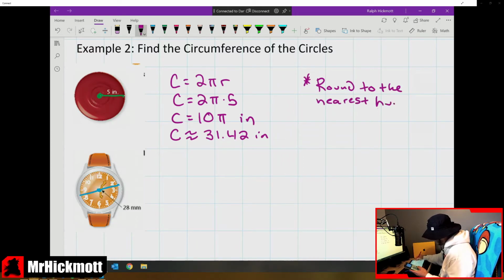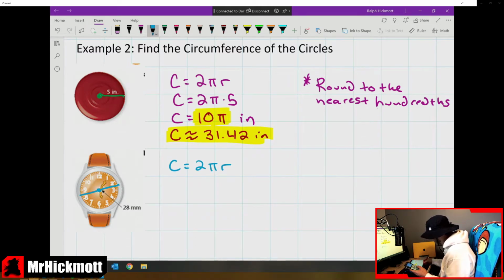Hundredths is pretty good. But if you leave it in pi form, that's appropriate. You'll see that a little bit later in math, jumping into algebra 2 there. But punch it out and you should be able to round it. For the next example, the only trick to this problem is that I'm going to use C equals